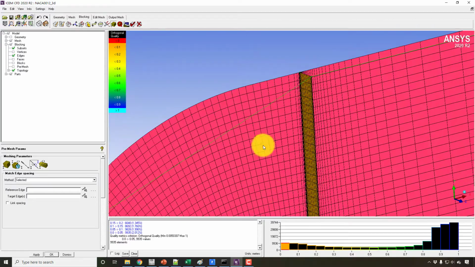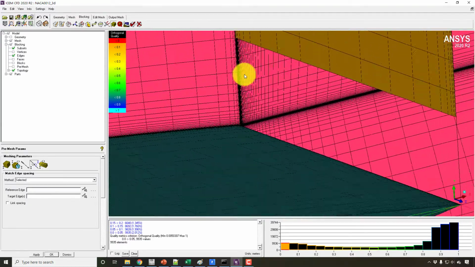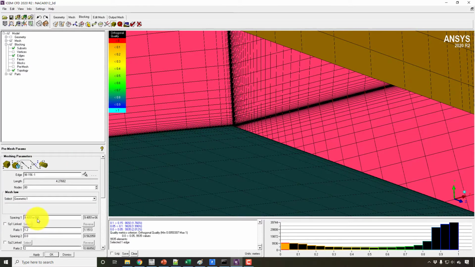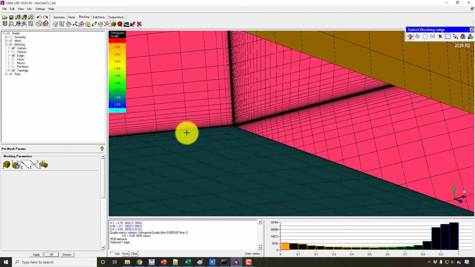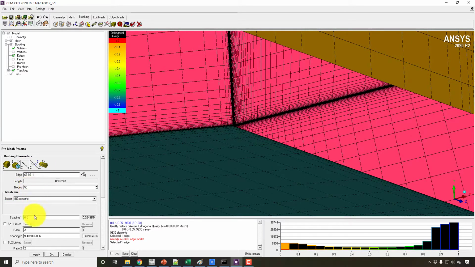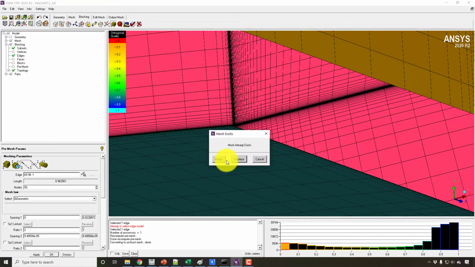So one thing I can do is reduce the cell size in this direction. Instead of this -6, I can put it -5, and same is true over here. In the boundary layer you can keep it at that number, and here in this direction I will put -5, and recompute and convert to the unstructured mesh again.